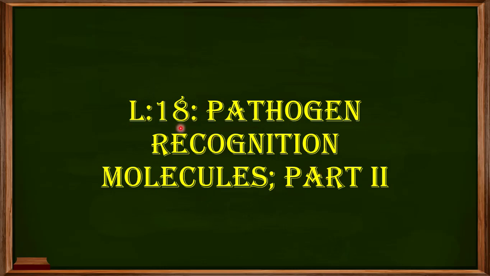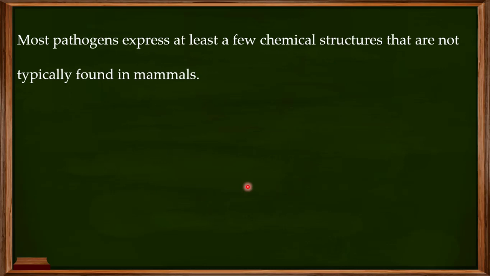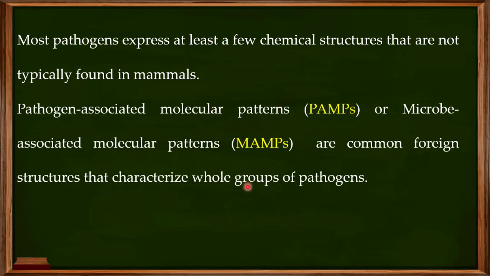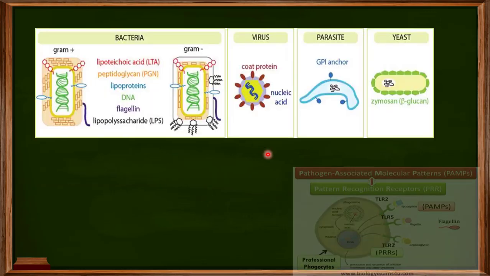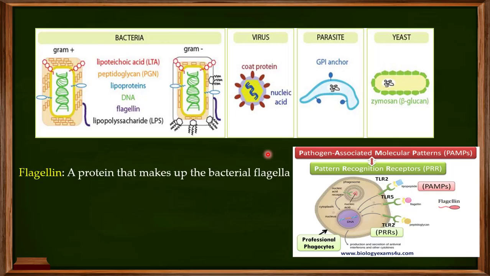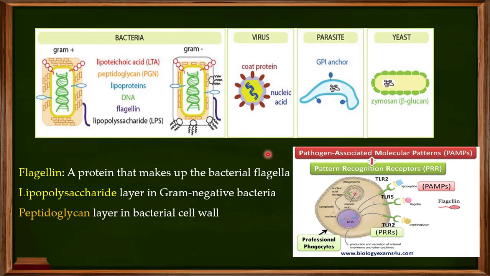And this is the 18th video in the series of videos on immunology. This particular video is part 2 on the pathogen recognition molecules. In part 1, I told you that pathogens express a few chemical structures that are not typically found in mammals. These structures are known as the pathogen-associated molecular patterns, or sometimes the microbe-associated molecular patterns. I gave you many examples of pathogen-associated molecular patterns like flagellin, the lipopolysaccharide, the peptidoglycan,